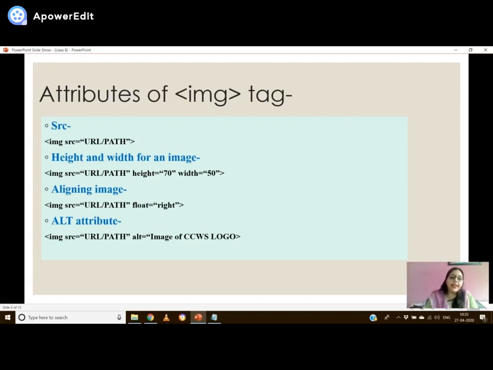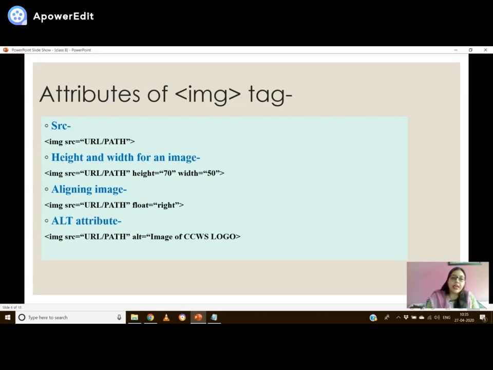Alternate text is something that you can add with the help of the alt attribute, right? Like I have defined the image source, this alt is equals to image of CCWS logo. So if by chance my image was not displayed, then it would have displayed image of CCWS logo.